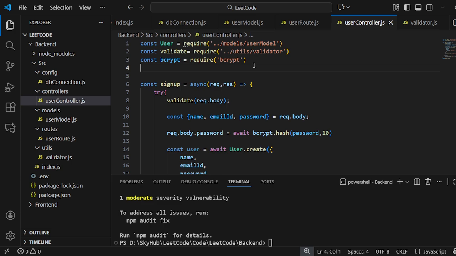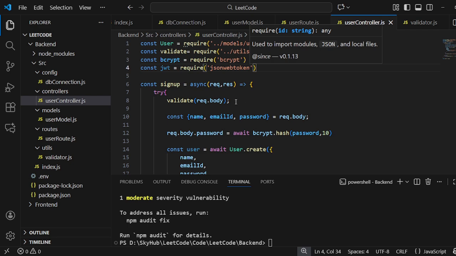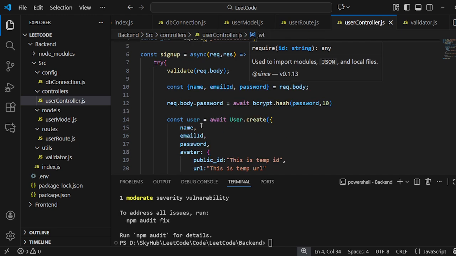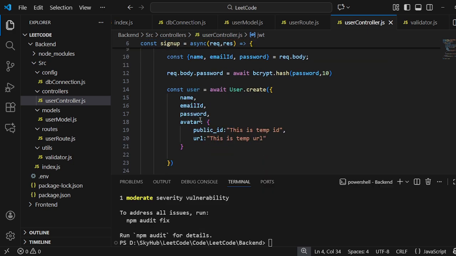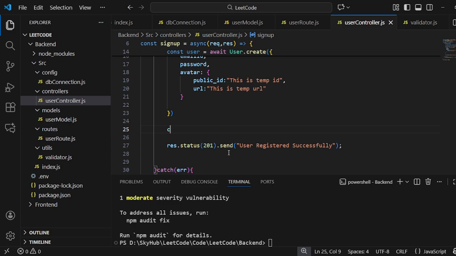So we use const jwt is equal to require JSON web token. Now next, after creating the user, we have to create our token. So const token is equal to